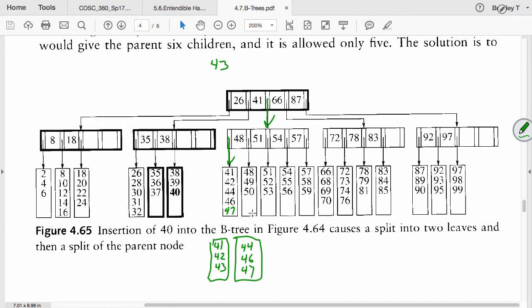So we're going to try to promote 44 up to here. But that's full, so we need to split and promote 51 up to here, giving us 26, 41, 51, 66, and 87. Okay, but that's full, so we promote, and again we promote the middle one, so 51 is going to become a new root, increasing the level of the tree by 1,